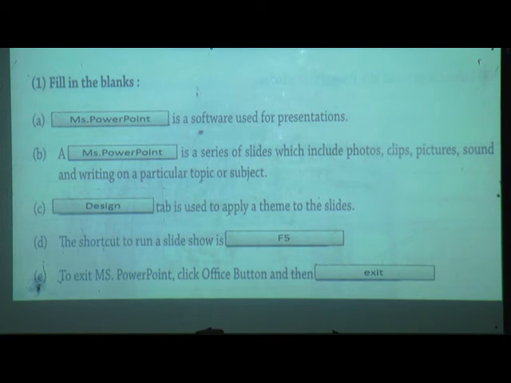Design tab is used to apply a theme to the slides. The shortcut to run a slideshow is F5. To exit MS PowerPoint, click the Office button and then exit.